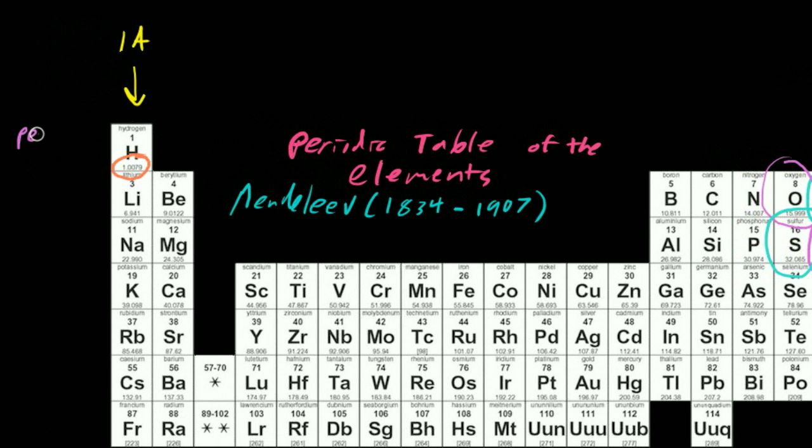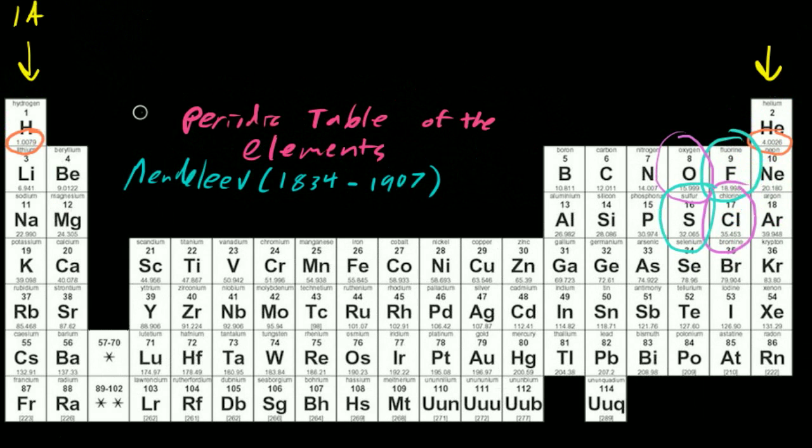This is period 1, period 2, period 3, period 4, period 5. You get the idea. So we have periods going across, groups going down. And what Mendeleev noticed was that among the groups, the up and down regions of these elements,